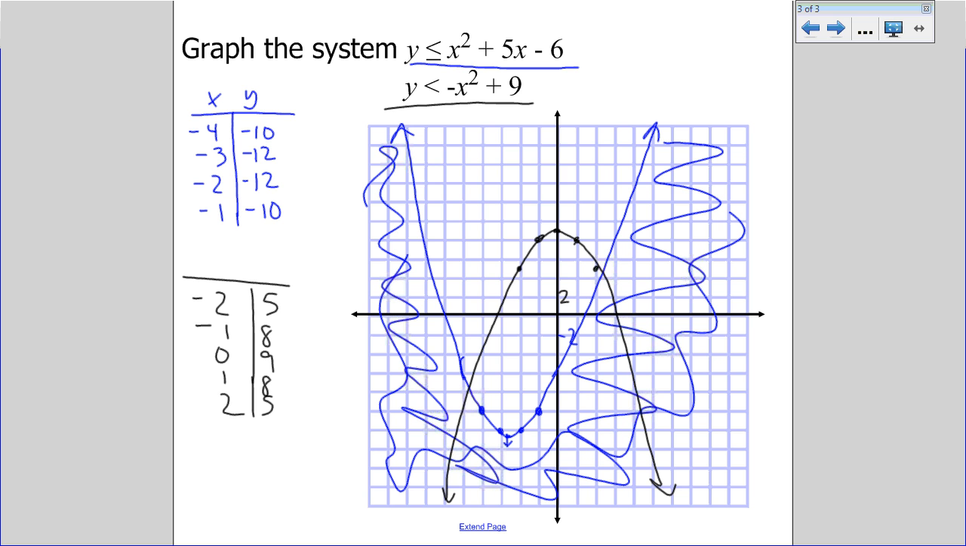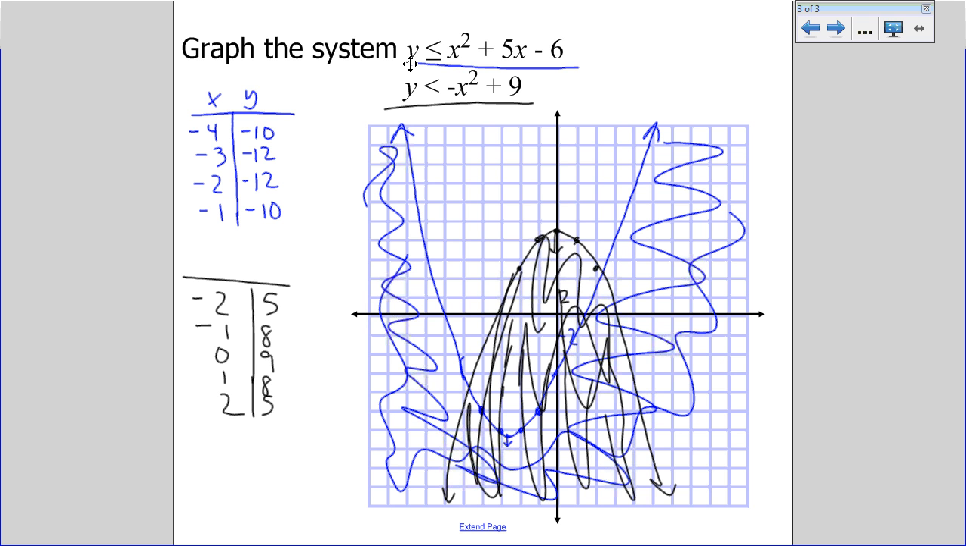This is less than, so I'm going to start at the vertex and go down from the vertex for less than. This one, the shading happens to be in the middle. So I'm going to shade inside the parabola. And so what I'm looking for is the area where I have blue and black together. In here is all black. So that's going to be where the blue, I'm going to follow along the outside of the blue parabola, but then stay inside the black parabola. So what you should see is